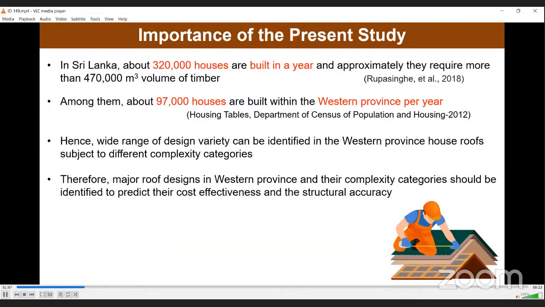When considering the importance of this study, in Sri Lanka, about 320,000 houses are built in a year. Among them, about 97,000 houses are built within the Western Province per year. Hence, a wide range of design variety can be identified in the Western Province house roofs subject to different complexity categories. Therefore, major roof designs in Western Province and their complexity categories should be identified to predict their cost effectiveness and